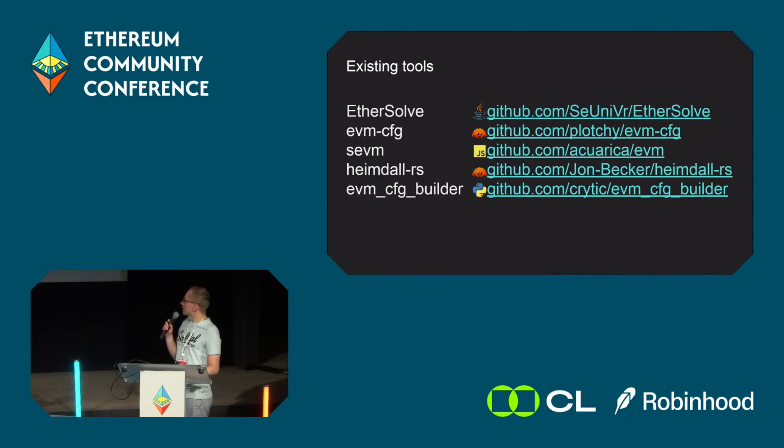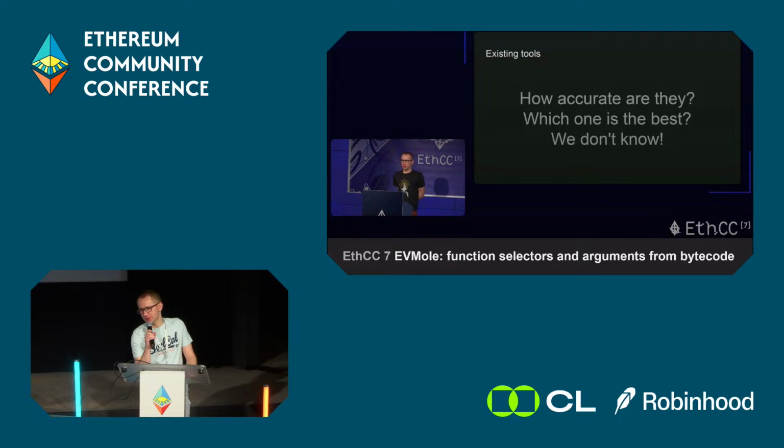So different tools exist to reconstruct control flow graphs from EVM bytecode, but they all have the same problem. I can repeat myself from the previous presentation. We don't know how accurate they are. We don't know which one is better. We know that they work in some kind of way, but we don't know exactly how. So the first part which I did is